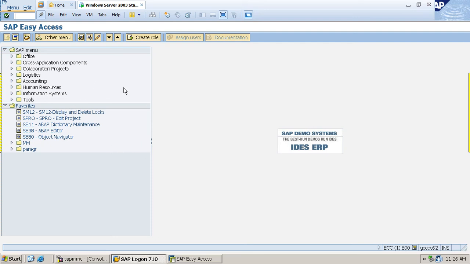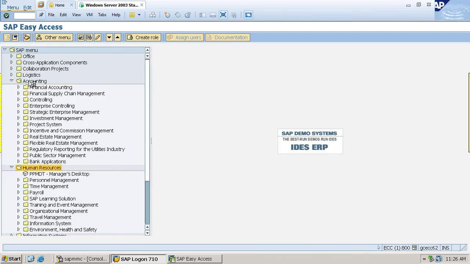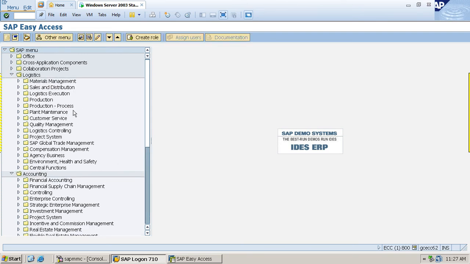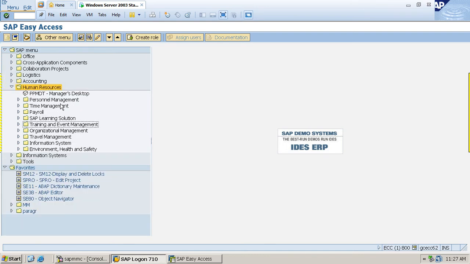Okay. Now, what modules do we have in your SAP? We have the Human Resource module, and all the human resource module is available here. Accounting, FICO, finance and controlling, and logistics, SAP MM, logistics, then several other things. Whatever SAP modules we are looking for, everything integrated is available here.